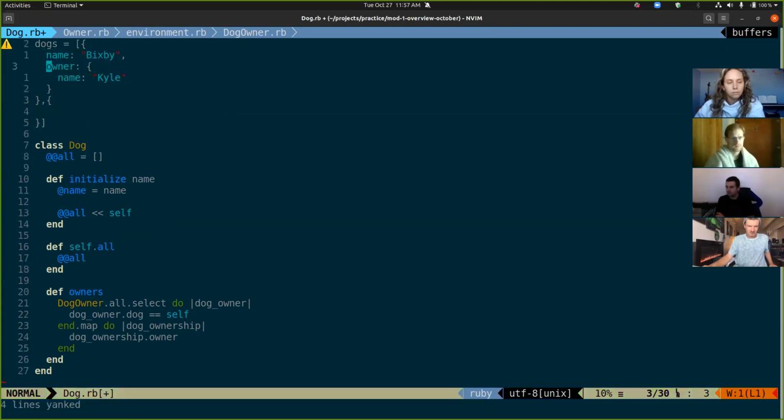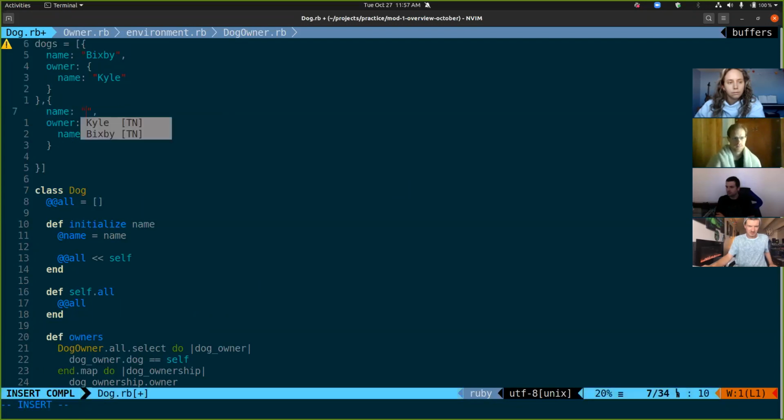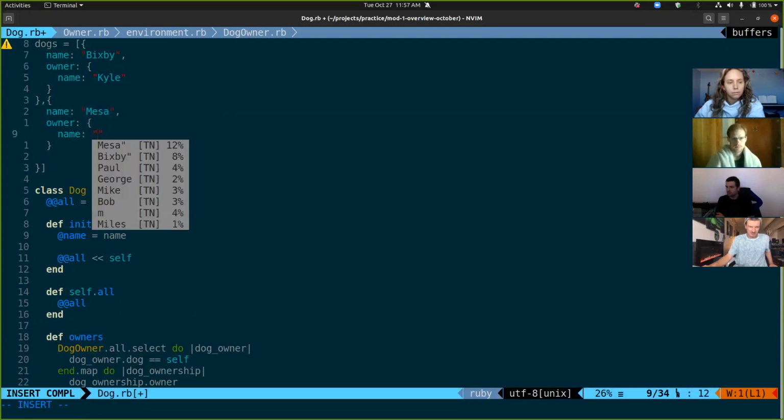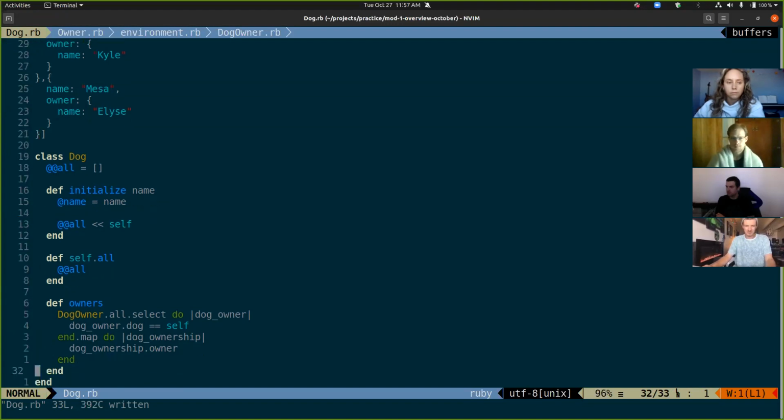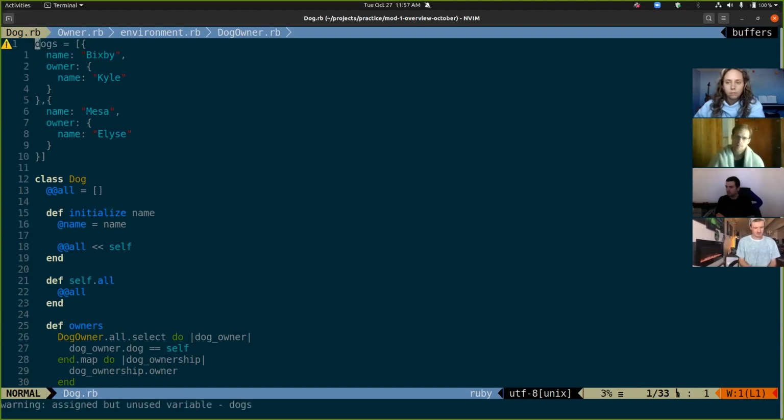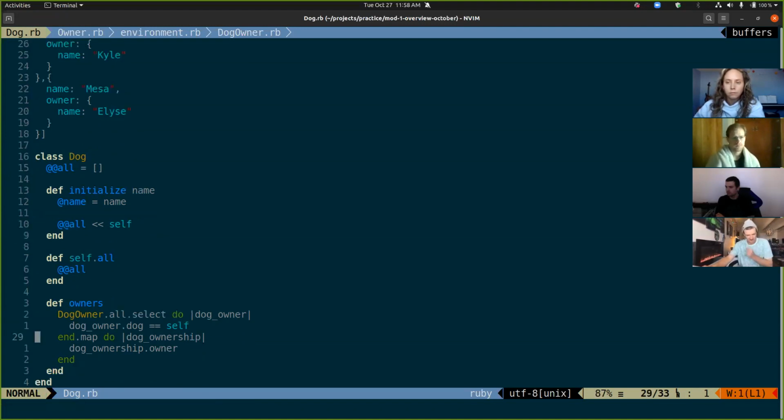So maybe Mesa is owned by Elise. All right, so I could do this kind of stuff and have an array of hashes. I can have nested hashes. I can do all that kind of stuff. What I can't do is have these behaviors that I made. I don't have a way to go dogs at index 0 dot owners. So if I want to have more complex stuff than just this nested data, that's when you use classes